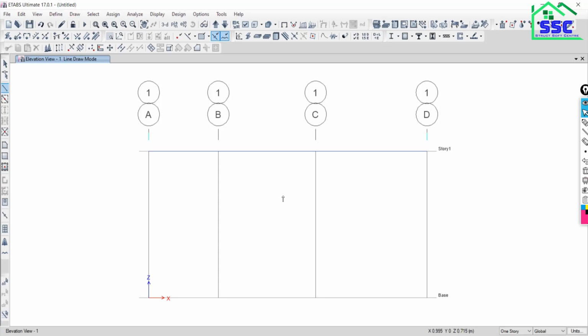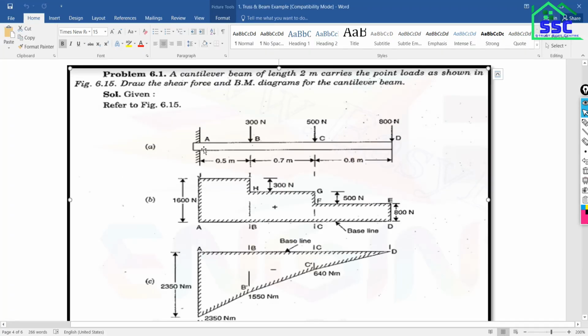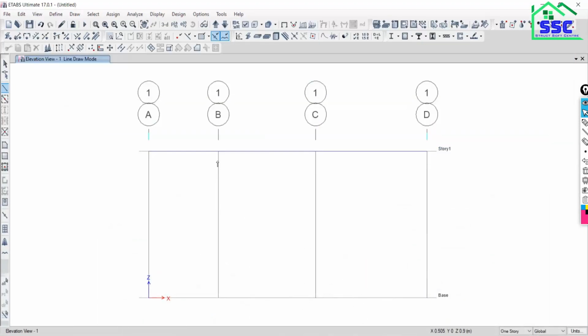Now we have to assign the supports. As you can see, at the left joint there is a fixed support. So we have to deactivate the command. Just go to the select object option. Once you click on it, you can see that the command is deactivated.